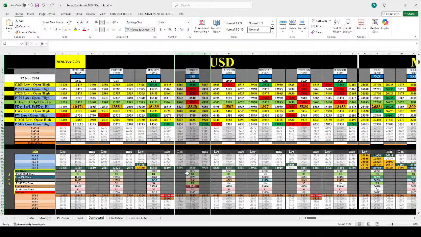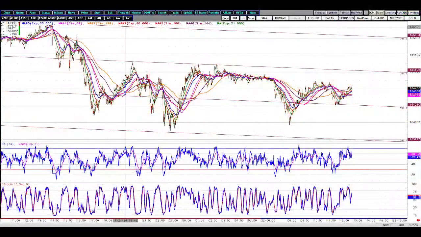Of course, if it breaks, then it's going to be an extension. The extension can be towards 88.90 or 89.05, and we don't see the price going beyond that, because the current week high is only 88.90. This market is very quiet, and we don't expect the move to happen instantly, so we have to give plenty of time. Also take note that today the SNB chairman is going to give a talk, so he might say something which might trigger the market to move. We just have to wait patiently for the move to happen.